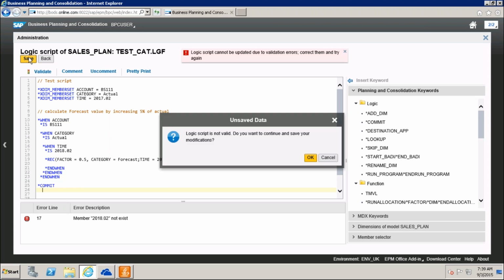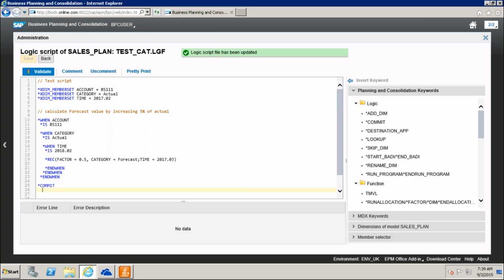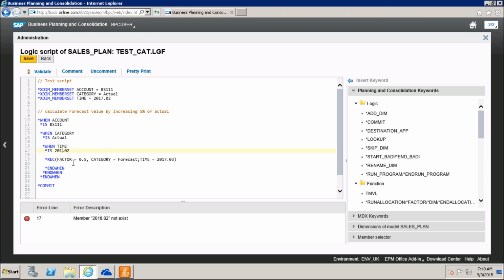Just I'm going to save this. We can validate. Oh, sorry. Here also we have member forecast, comma time, not exists.